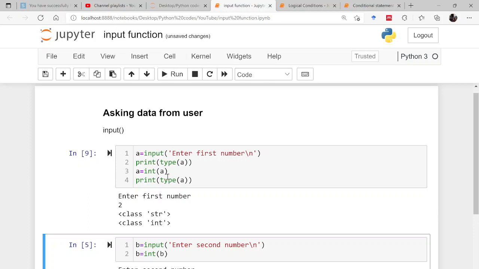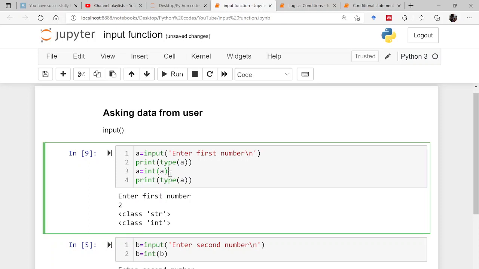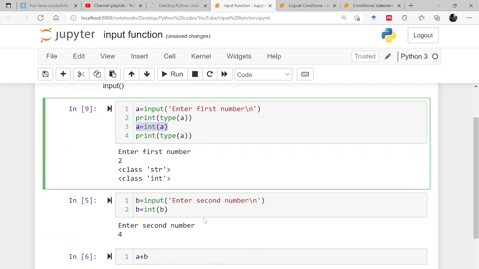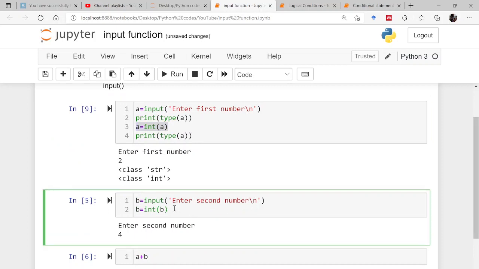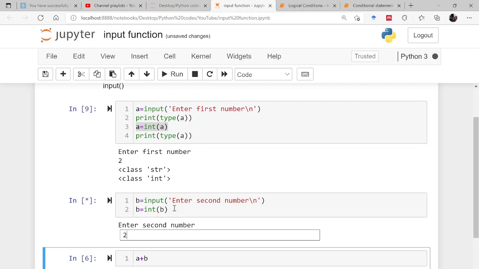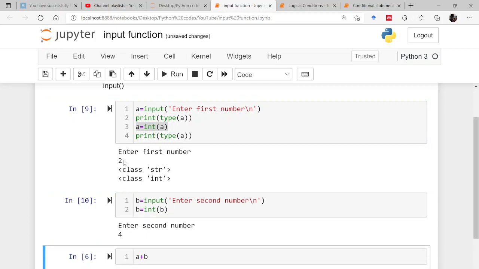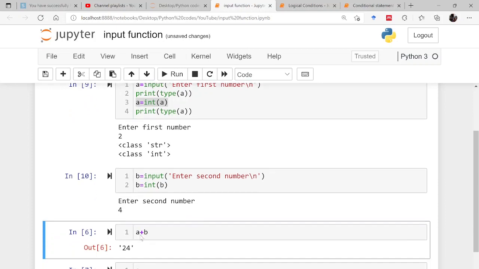So remember, whenever you are dealing with numbers, always convert the type. Likewise I can do it here with int(b). Let us say I give 2 again, or 3 or 4. So a is 2, b is 4 now, but previously it was 2 in quotes and 4 in quotes, and now that has converted into integer type.